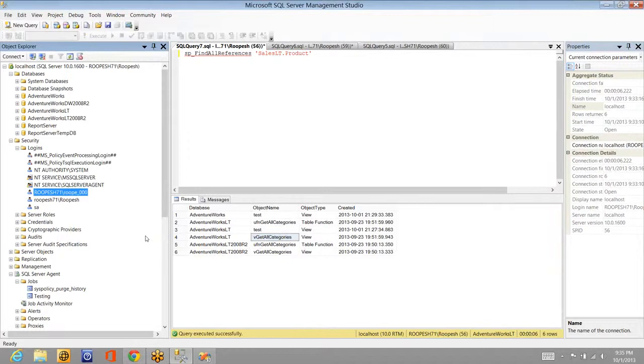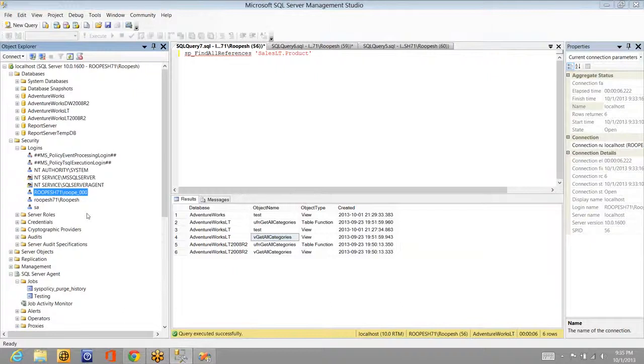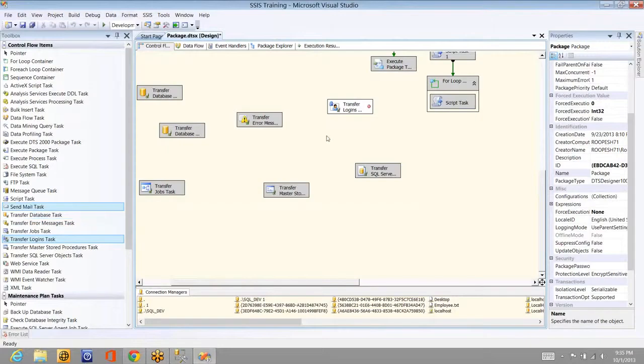If you have a user, let's say I've created one user, and you can create 10 users in the same system to test the same, to try out the same. So now I want to move the users from source to destination. Like you can see, this user is not available in the destination. Now I want to move that guy to the destination. Let's see how we can configure.